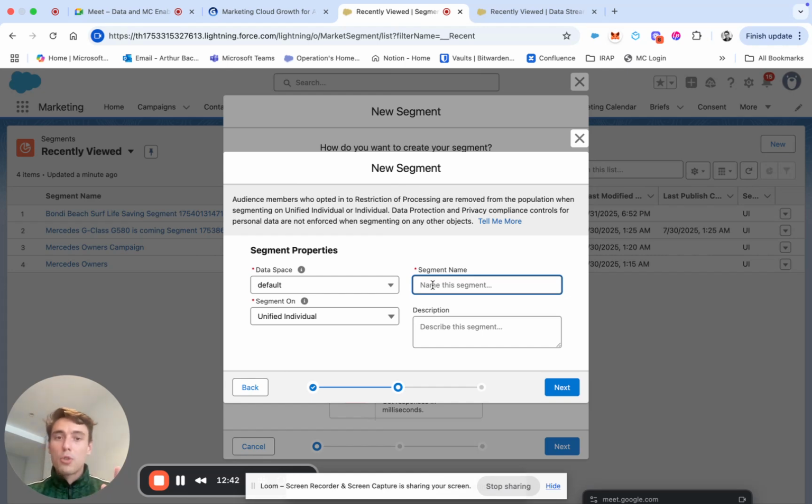So how do you make sure that you don't send 5 emails and you just send 1 email to John Smith? You create the unified profile and you use Data Cloud to say, okay, John Smith that exists in this system, this system, this system, this system is in fact the same John Smith. So only send 1 email. So this is what a unified individual is, and